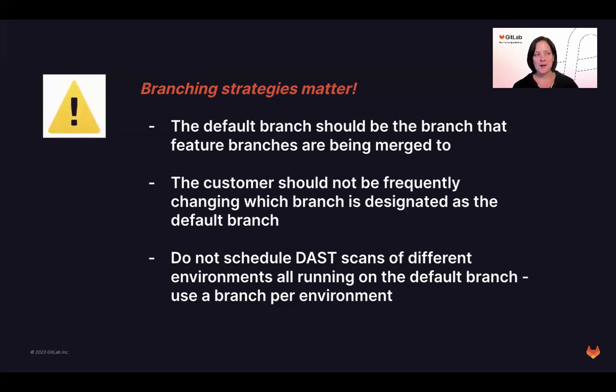Okay, and then one customer had this great branching strategy that they devised, whereby as they were getting ready for new release candidates, they were creating release branches, but then they were changing that to be the default branch. And every week their default branch would change. And as a result, the reporting of the vulnerability report and the dependency list and the trend of vulnerabilities over time, there was no consistency at all. It really made no sense. They weren't reporting on a consistent thing over time.